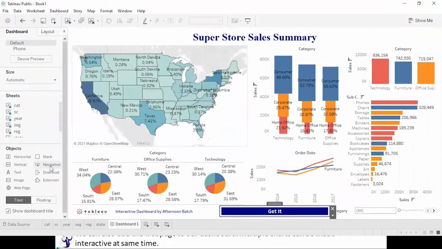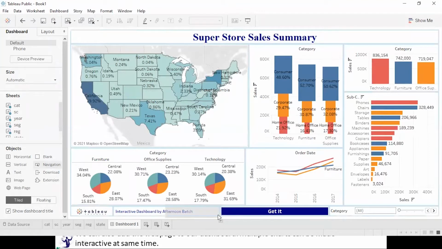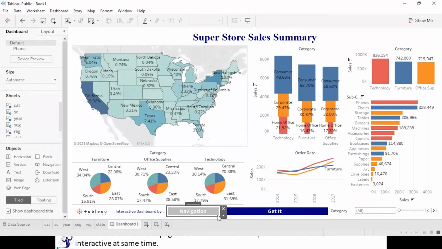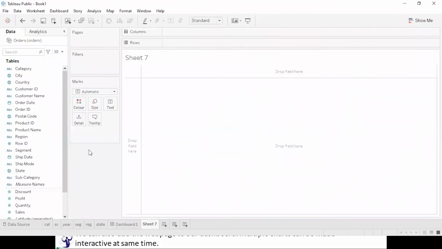Let me put one more button over here. This is another button which is known as a navigation button. And so for this, let me create a worksheet.